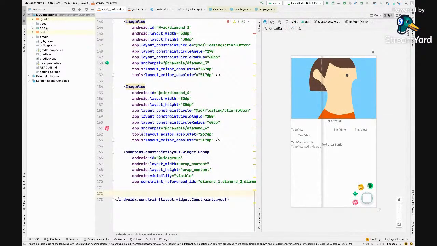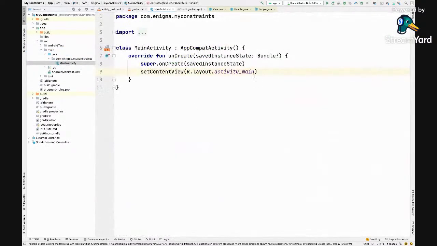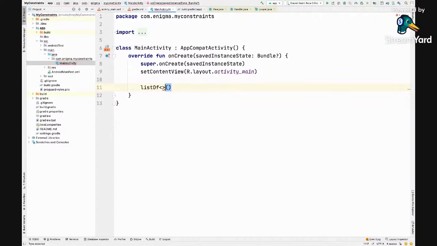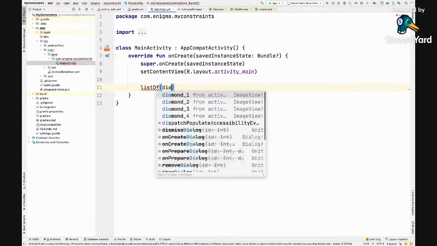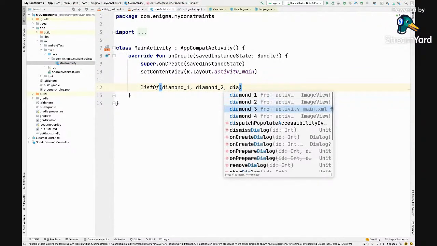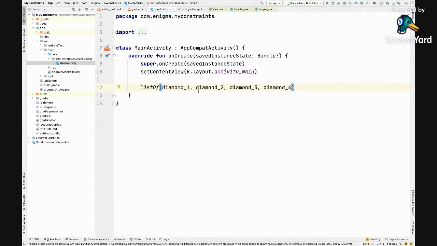So let's go ahead with the code. I'll just say list of. This is just to simplify things; you won't actually do this. Diamond 1, diamond 2. These are your diamonds, let's say.